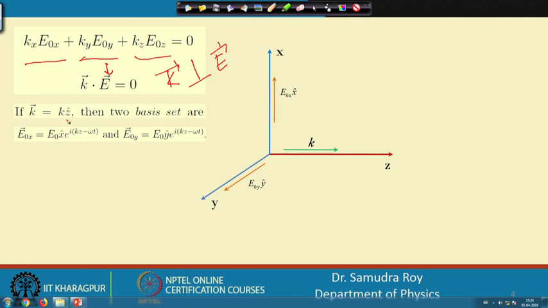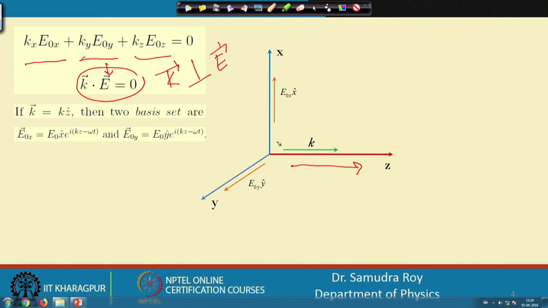Now, if k is in one direction, say a preferred direction, say z, as shown here, where k is moving along the z direction, then E is perpendicular to k. So, two preferred directions one can assume are x and y. These x and y are the two basis set of the E. So, first we find that the propagation constant and E are perpendicular to each other. After that we say that if k is along z direction, then the other two perpendicular directions are there,